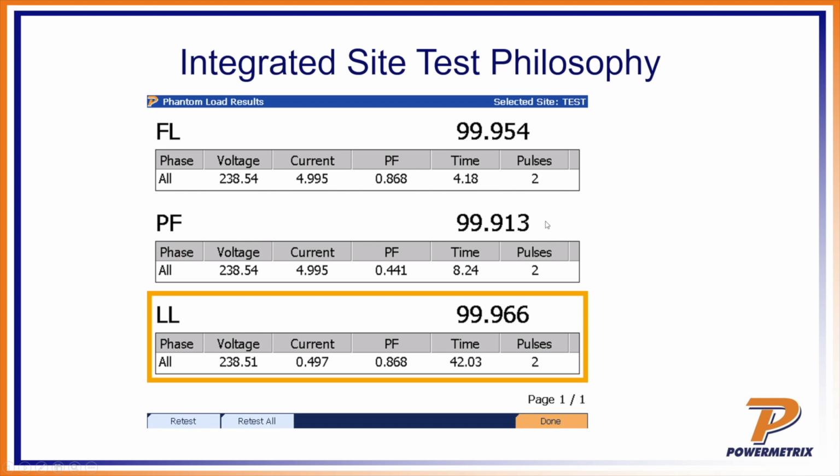So that's a feature you're able to use on the 3 series or even the 7 series, to help you out in the field and get you an immediate answer of, for some reason, I'm getting a bad reading on this meter. It may allow you to go back and look at the meter itself, or to look at some other tests like we already examined, like a CT ratio or a burden test or a PT test. Or we may re-examine our vector diagrams to try to diagnose why I'm getting a bad test on this phantom load compared to a customer load. So we're able to re-examine not just the meter, but the entire installation.